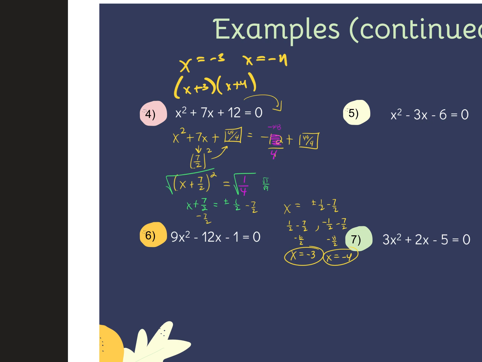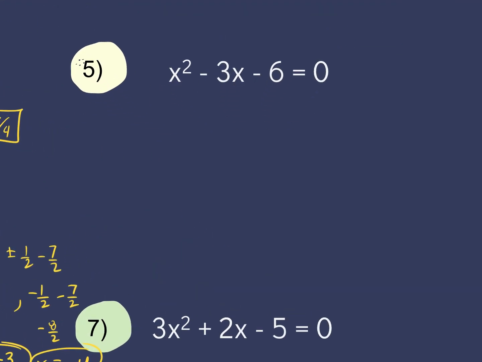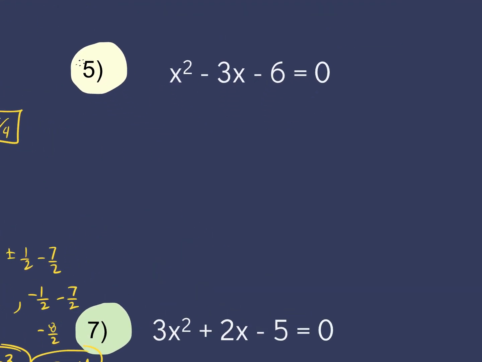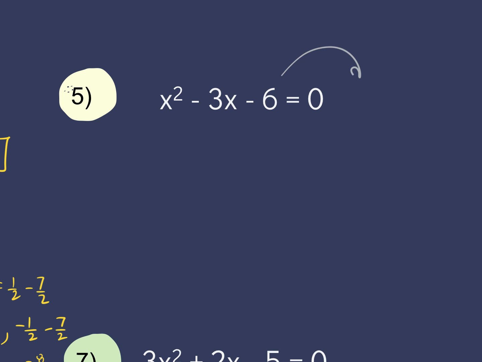Questions? Let's do one more. All right, let's look at this problem. The rest of them are a little different, so we're going to pick it back up on Monday. But is your A term 1? Is the number in front of x squared 1? Yes. Okay, we're good. So the first thing I'm going to do is move this negative 6 over here. So I have x squared minus 3x plus my box equals,